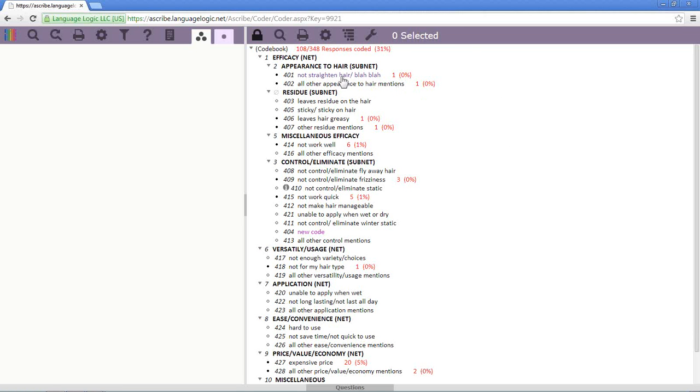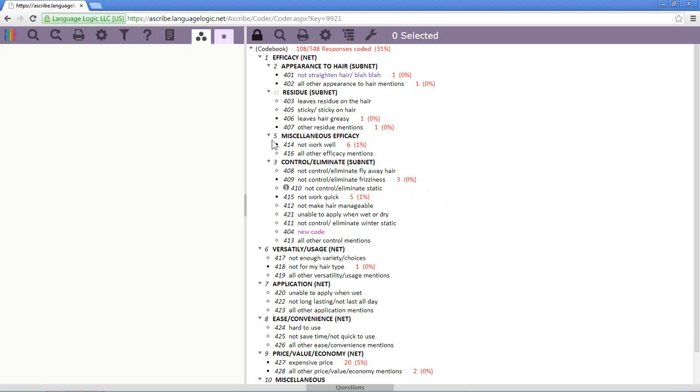Nets are bolded. Codes fall below the nets. They're indented, just like we see in review responses today. Above our codebook, we do have our codebook toolbar, and by default, the codebook is locked. I'll be talking more about this codebook toolbar. I believe it's Monday of next week, we have a webinar on the codebook side of things,